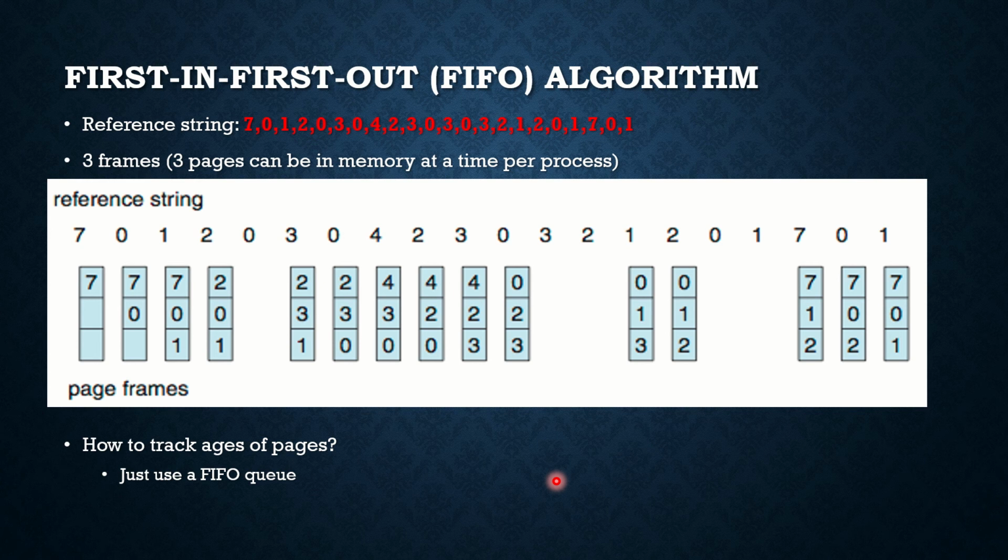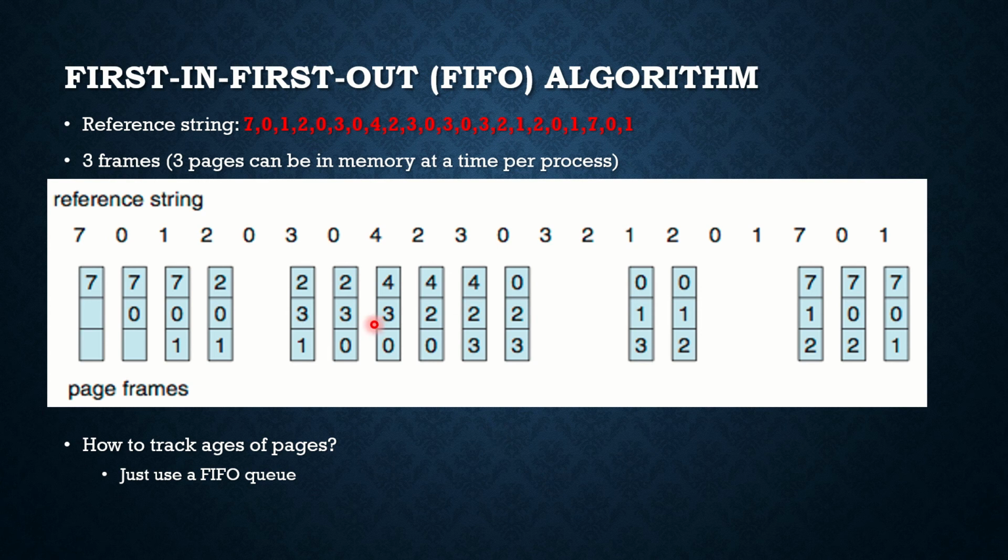Then in that bus a new elderly person comes and wants to sit, right? The conductor takes the logic that whoever entered the bus first has to stand up and give that seat to the new elderly person. So the same logic here: when all the frames of the memory are full, whichever page entered first has to be replaced, okay.